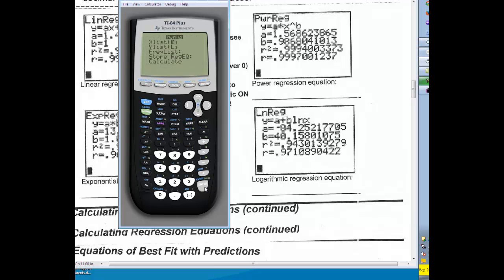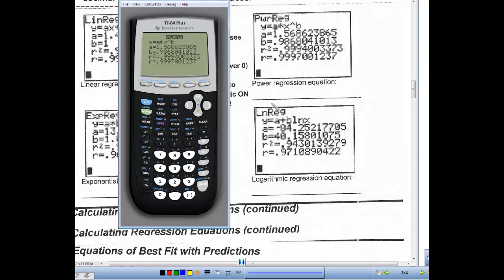Hit Enter. And again, I want to calculate the power regression. And my table does match. I do have my R. And I'm going to put A and B where they are located in this equation. So y equals